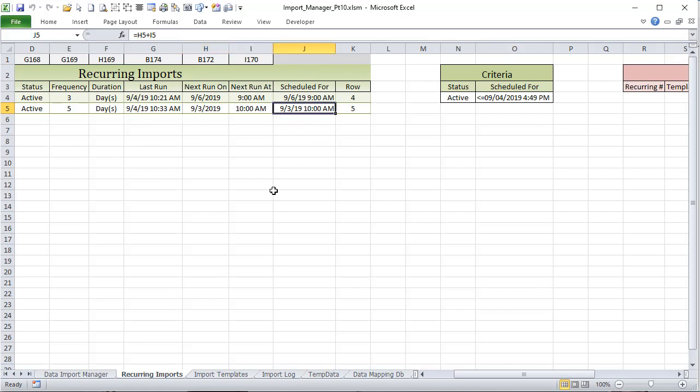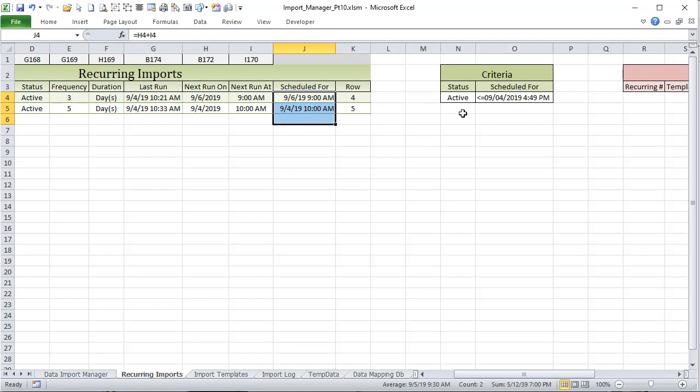But when I'm running the import, I really like to have them together, a date and time, because I want to know anything that's scheduled not just before this date, but before this time. Maybe it's currently, like for example, now this is 1 day before, but even if this was 9/4, right now it's 10 a.m. So here it's 9/4, but it's 4:49 p.m. So in this case, 10 a.m. is earlier. So this would also, as long as it's active, show up in our results in our advanced filter. So we're going to run all this data, the two criteria. It has to be active, and the scheduled for, this information right here, has to be actually less than the